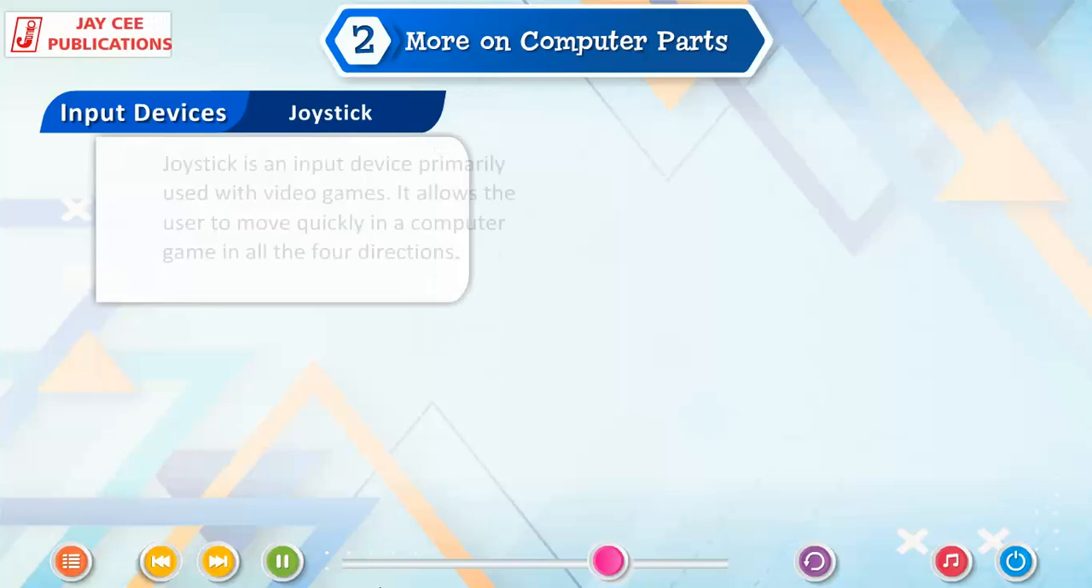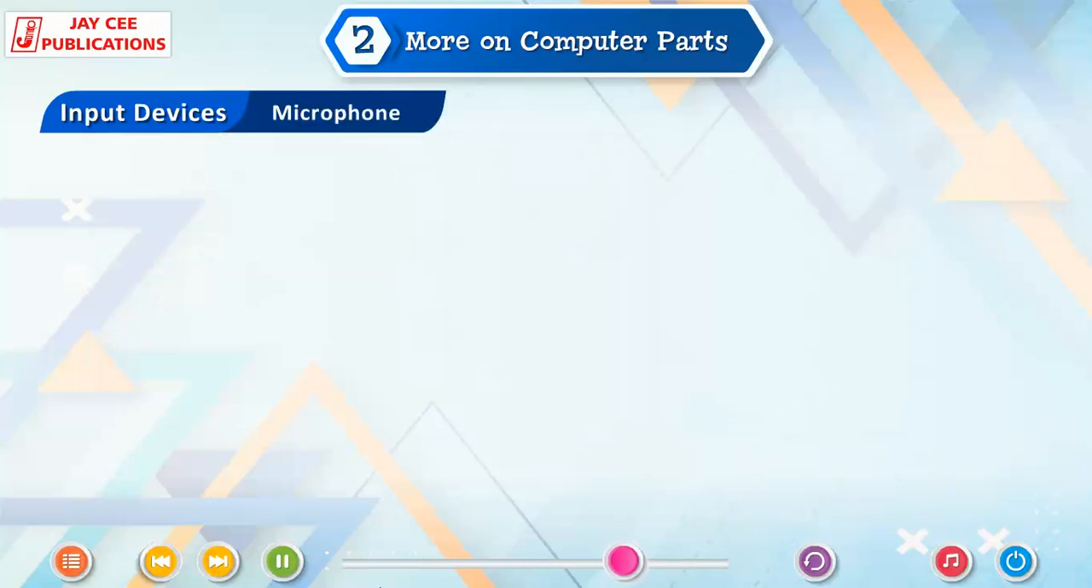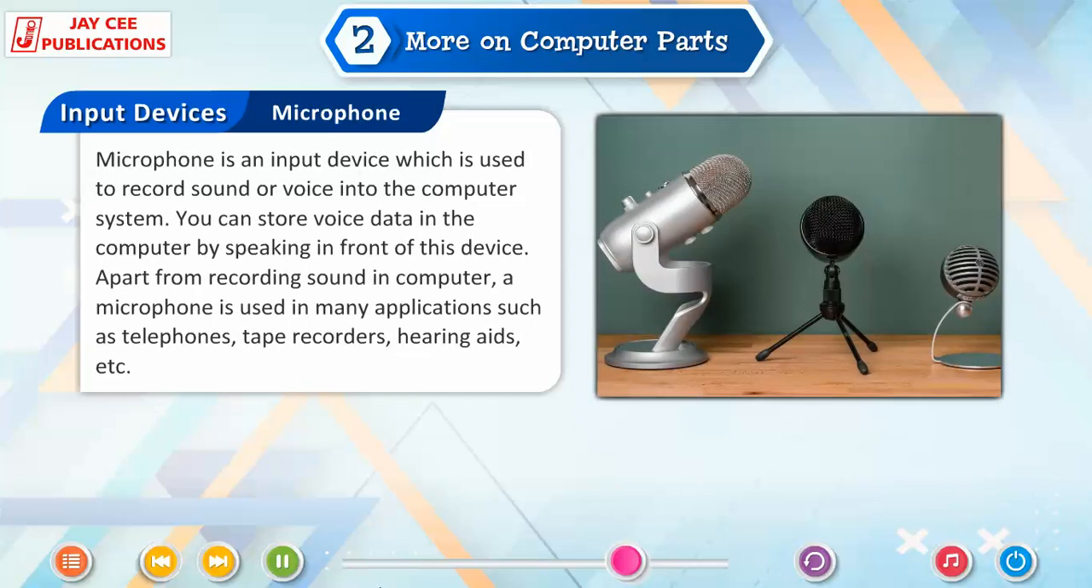Joystick. Joystick is an input device primarily used with video games. It allows the user to move quickly in a computer game in all the 4 directions. Microphone. Microphone is an input device which is used to record sound or voice into the computer system. You can store voice data in the computer by speaking in front of this device. Apart from recording sound in computer, a microphone is used in many applications such as telephones, tape recorders,